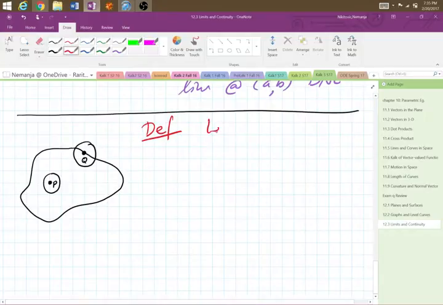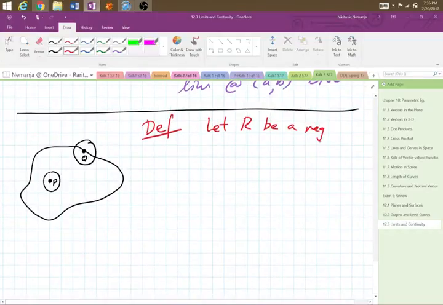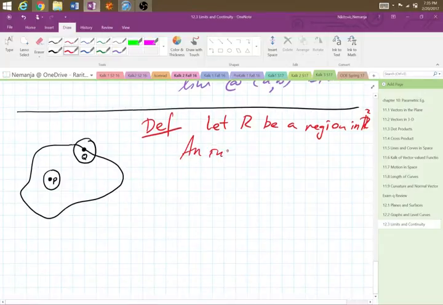So let R be a region in R squared, so in 2D. An interior point P of R